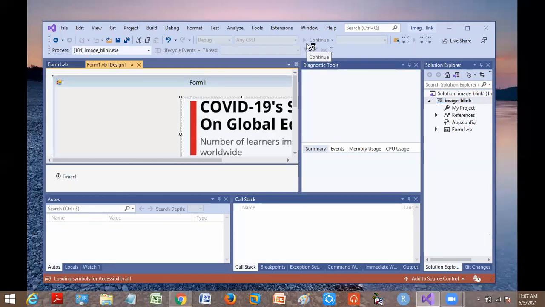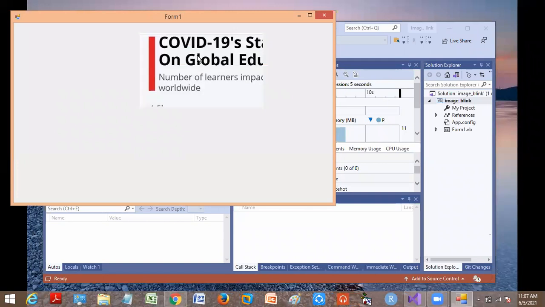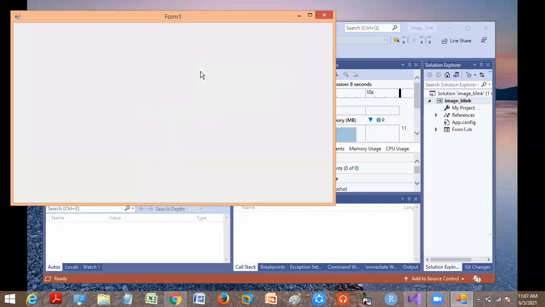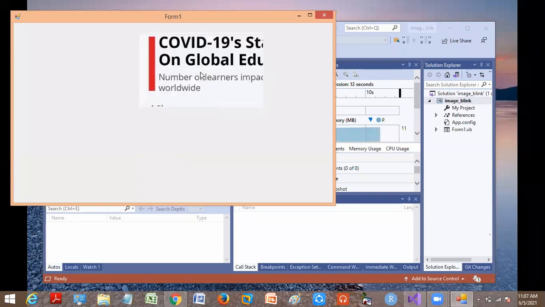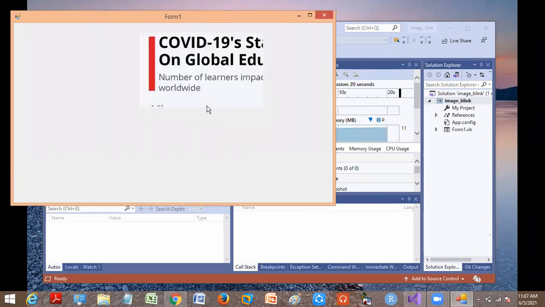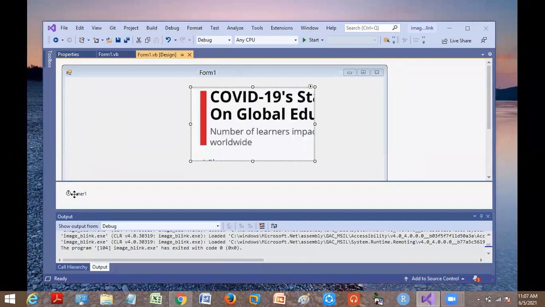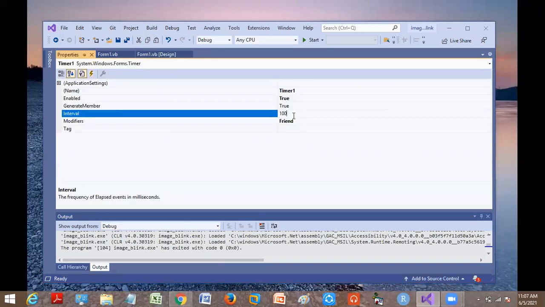So what I have given, every time the clock ticks, it is supposed to check for the condition whether the picture box was visible or invisible before. So can you see what is happening? The image is blinking, right? How is it working? How is it making it blink? Let me show by increasing the timer. So at that time I can be very sure.